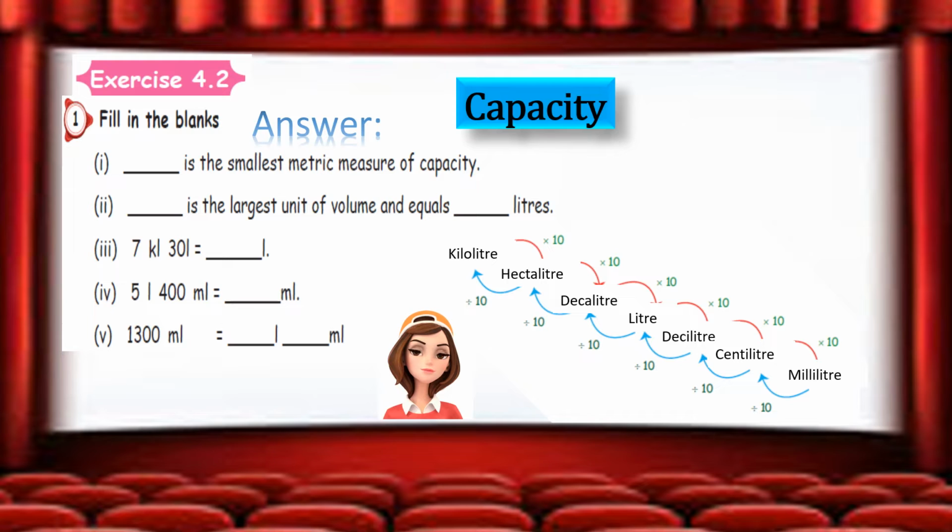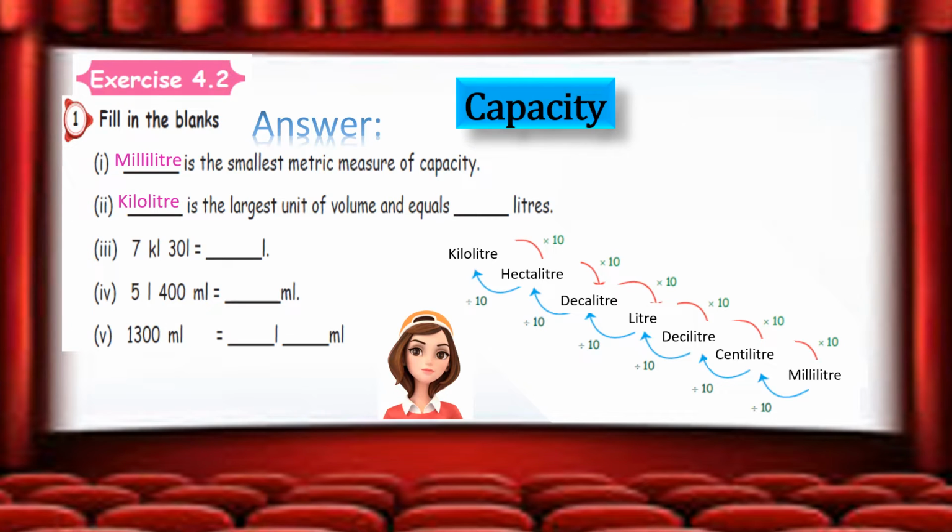Yes. So the milliliter, milli means it's the smallest only. I told you already. Just keep in mind, don't forget anything. So keep studying, don't forget. So milliliter is the smallest one now. Then second question, dash is the largest. So that's also you know now, isn't it? So kiloliter is the topmost and that is the largest unit.